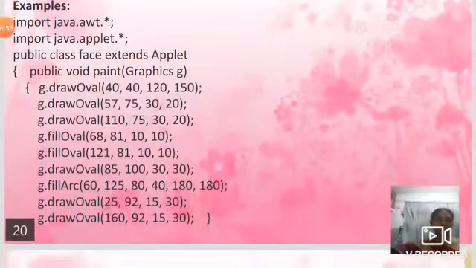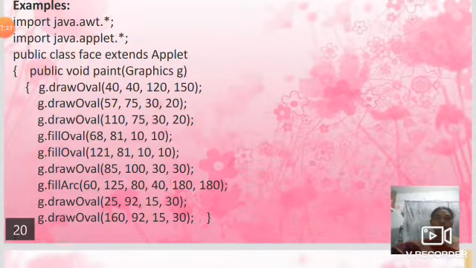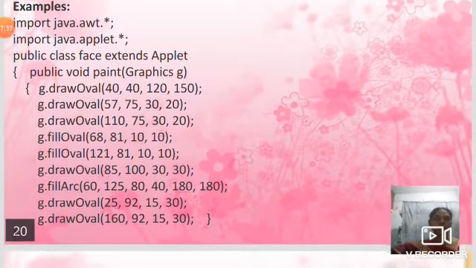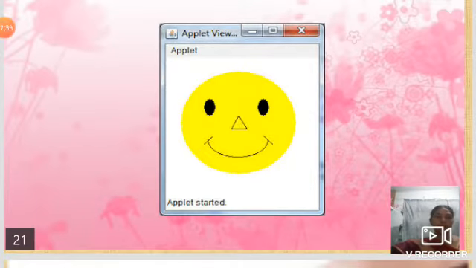Now we are going to see an applet program to draw a human face. Here we have two import statements, and we have Face as the class name, and we are extending the applet, and we are calling the paint method. Inside the paint method, we are passing Graphics as the class name, and g as the object. By using this object, we are calling these functions, that is drawOval, drawArc and fillArc. These are the functions, with the coordinates where you want to start and end them. When we compile these programs, we can get the result like this in the applet viewer. So this is the result that we are getting in the applet viewer.